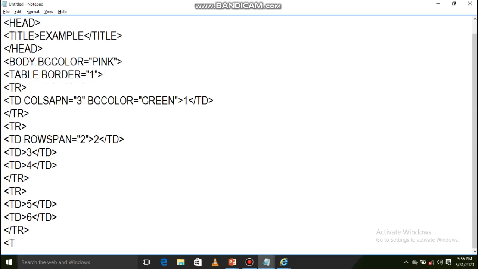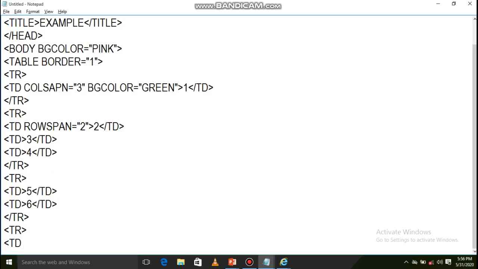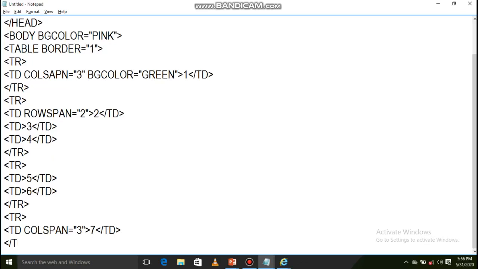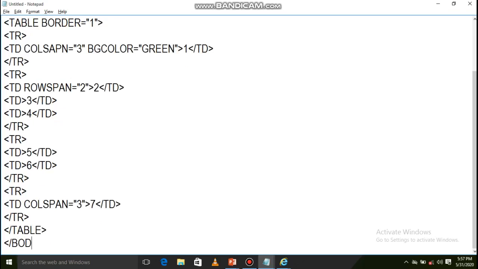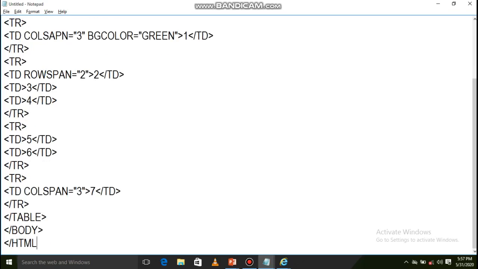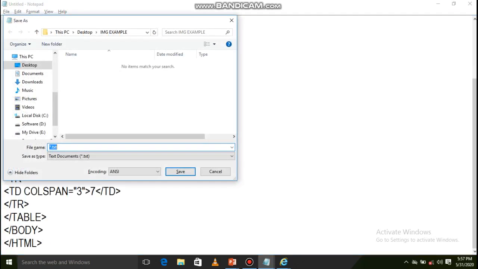And one more row we need to take, so tr, inside this td, again colspan is equals to 3, and at last we need to write 7 td close, tr close, and next is table close, body close, html close. Save it.